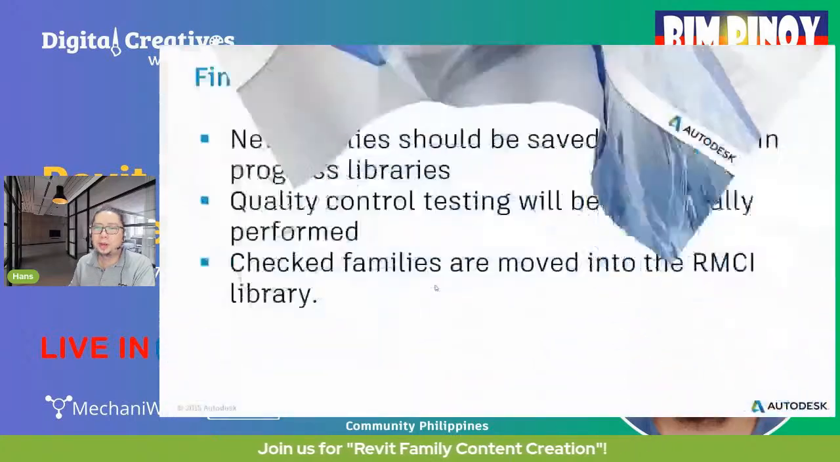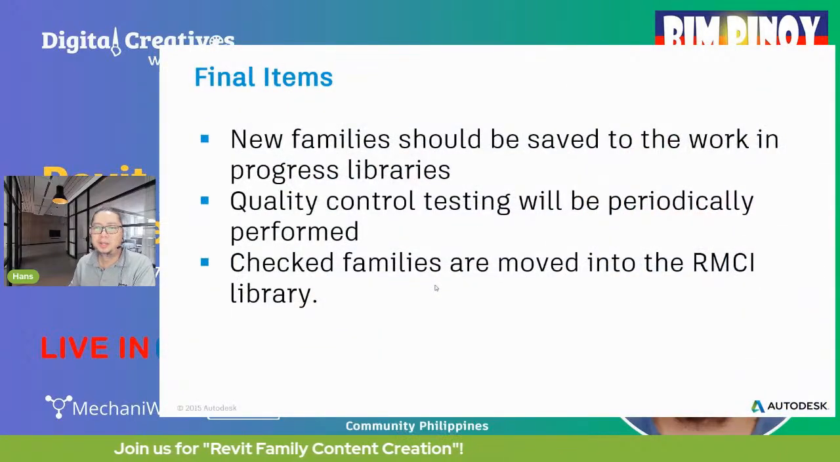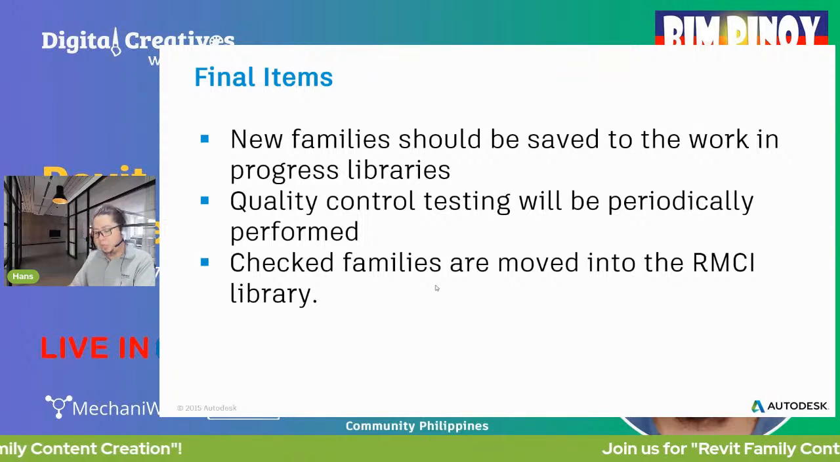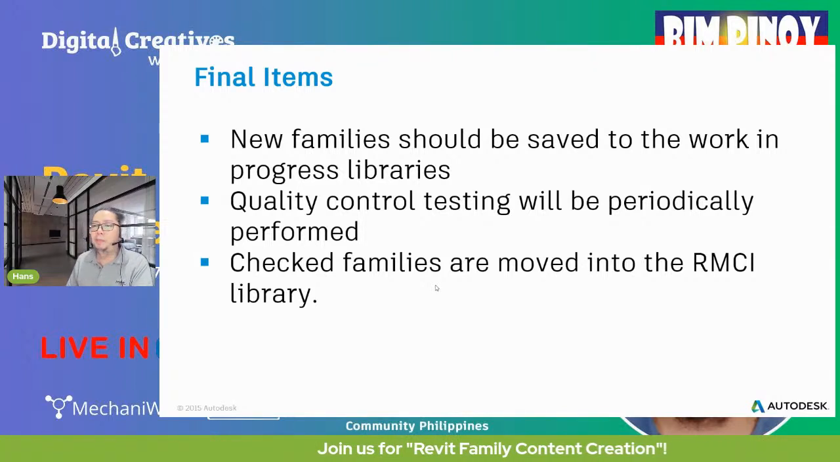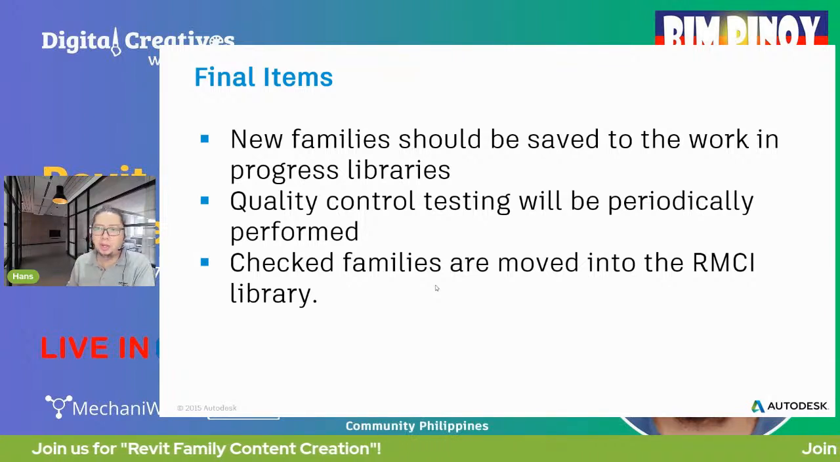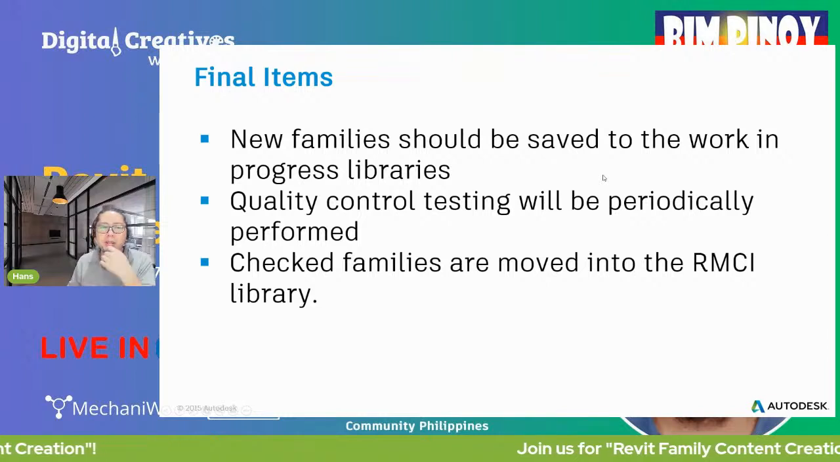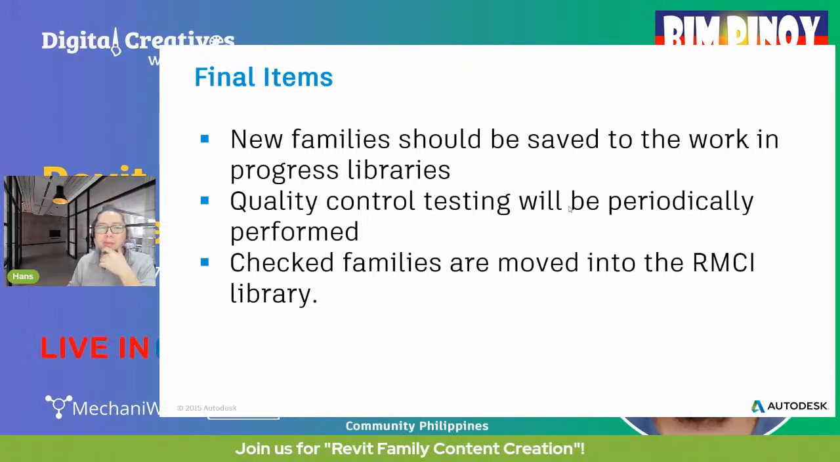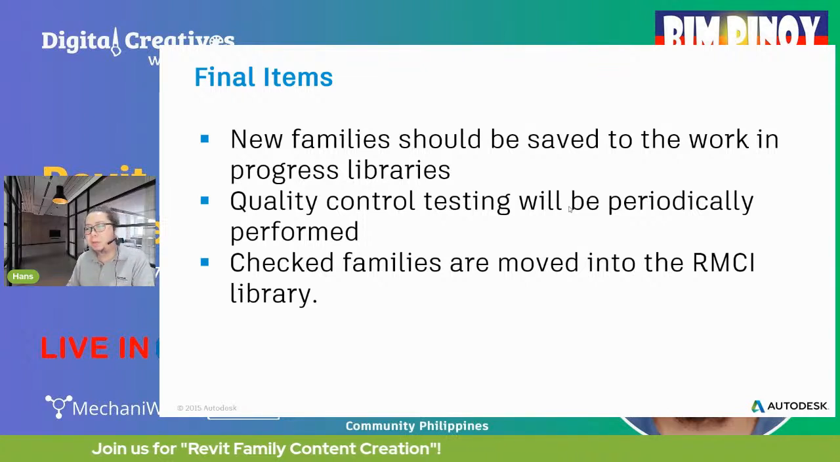So in finishing up, a new family should be saved in a work in progress library. As a further step for quality control and quality check, this new family should be saved in the work in progress library, and quality control testing should be performed periodically. Check families that are moved into